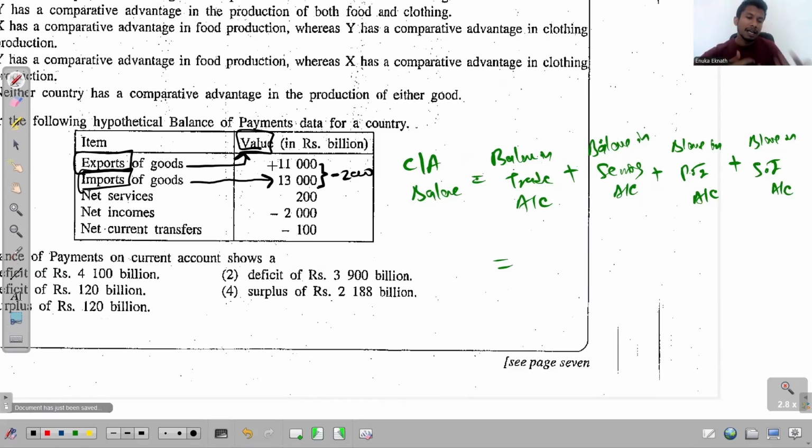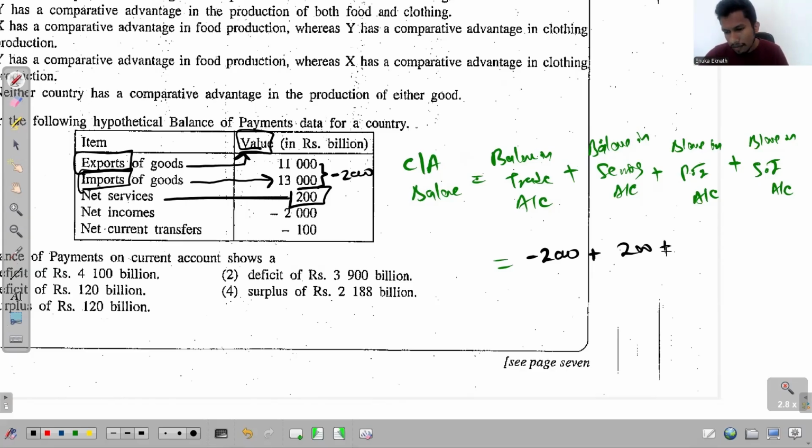So expenditure is greater than the income that you received, so the value is minus 2,000, and that plus balance in services account. Net services, that is just given to us directly as 200, and the balance in primary account, net income, net